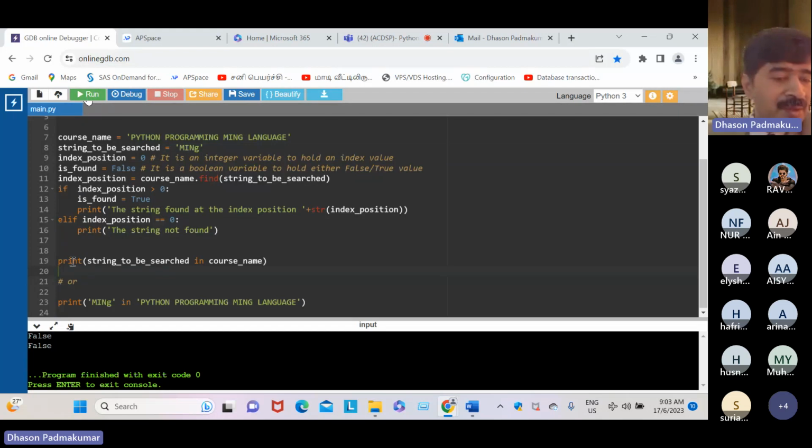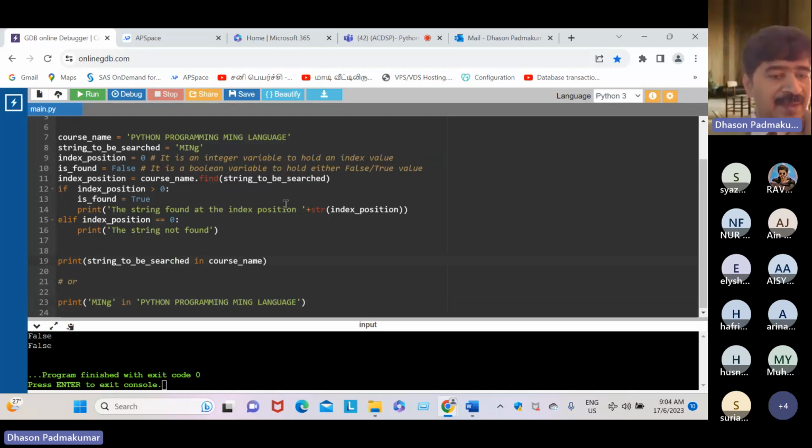Got it, dear students? So it means we are searching for Ming inside this variable, which is holding Python programming language. Or you can write the program in this way. Ming, this word means the string to be searched in, and this is the actual string. Okay, dear student?